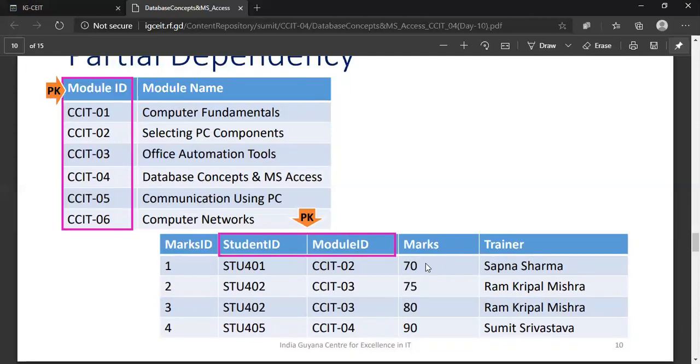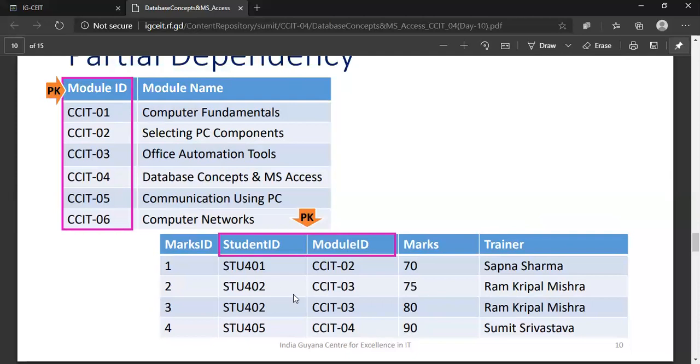So what I'll do here, I'll connect this particular table with the table above to see the module name. And if you notice here, we have student ID and module ID both together as a primary key. But to see the module name, I can use only the module ID.